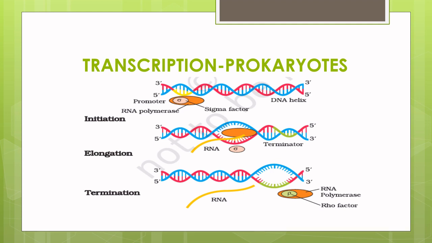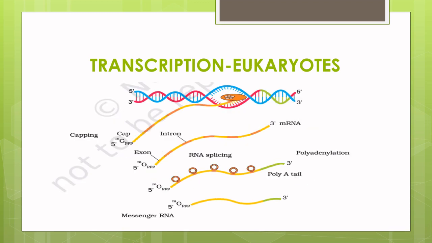Transcription stops once RNA polymerase reaches the terminator region. At this region, the RNA transcript and the RNA polymerase both fall off. RNA polymerase transiently associates with the termination factor called Rho to stop the transcription. Now, in bacteria, since the mRNA does not need to be processed, and since transcription and translation occur in the same cell compartment, the two processes can occur simultaneously. Also, RNA polymerase catalyzes transcription of all kinds of RNA.